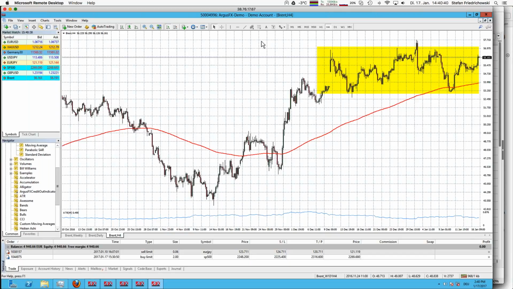And now we can use the following. Let's do a real breakout trade here. So whenever we come to that level, then we want to open a long trade on Brent. And I write down already the number 57164. And now, of course, the important question is where to set the stop loss.